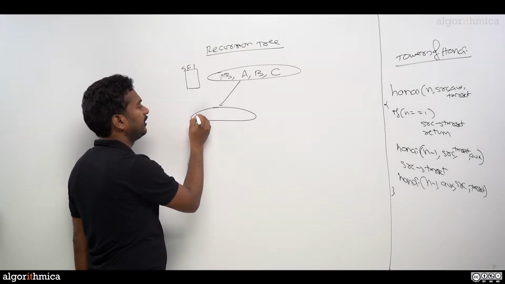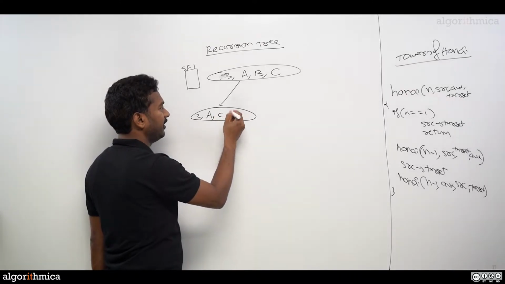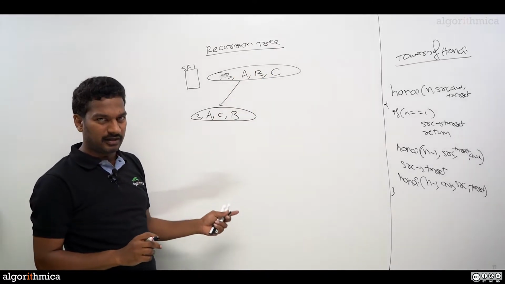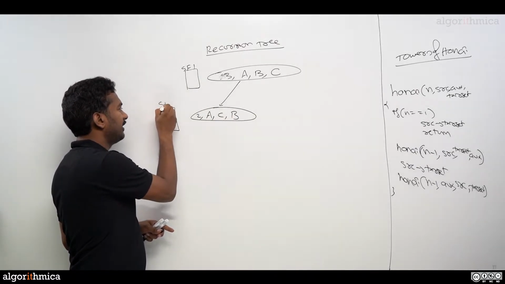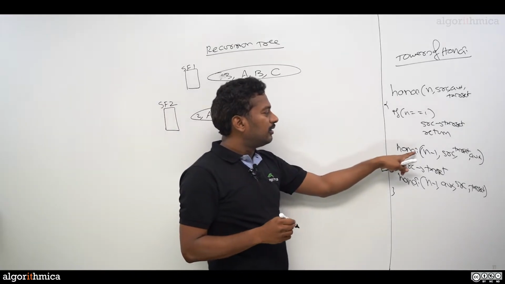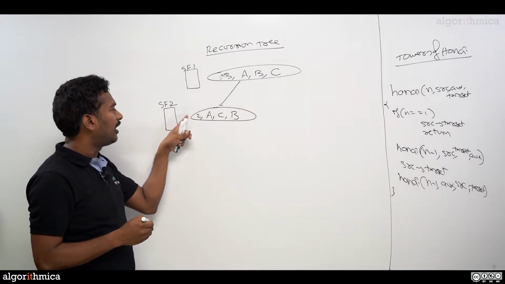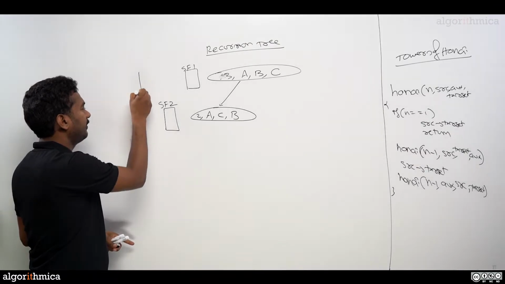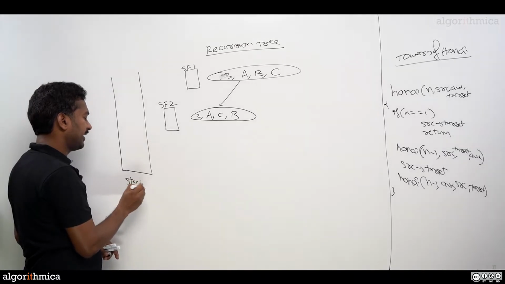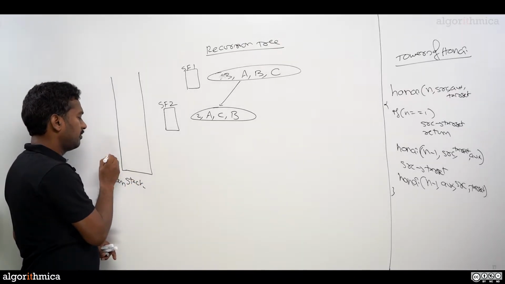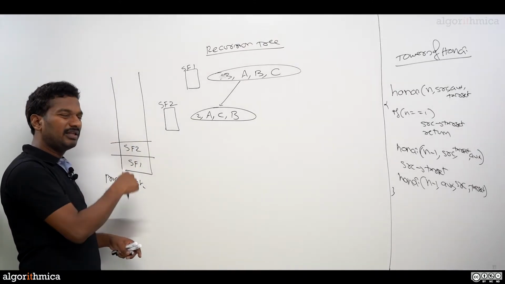Now the call is with n equal to 2. Source is A, and the other two, C and B, are interchanged while invoking that method. To execute this body, again you need a stack frame, which we call SF2. Now execute the body with this frame's n. So how do these frames look? Here is the stack section, our process stack. First SF1 is here, then SF2 is pushed on top of it.